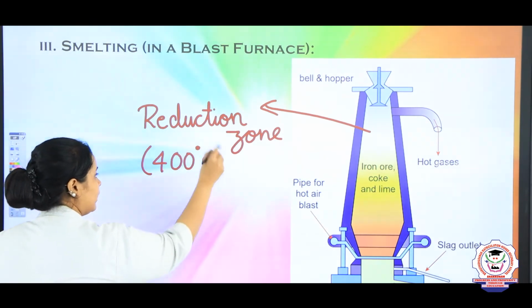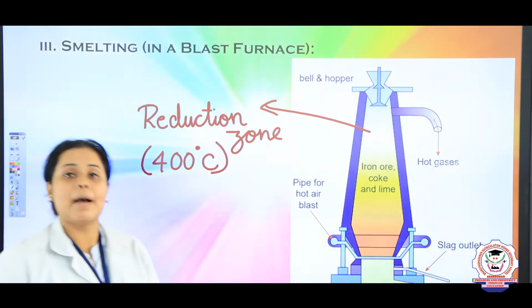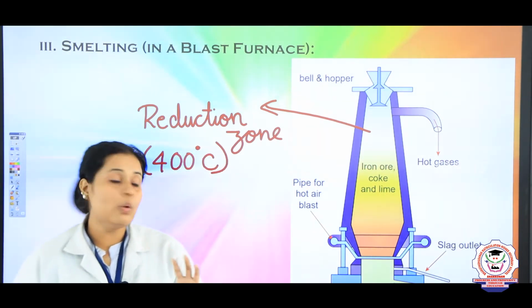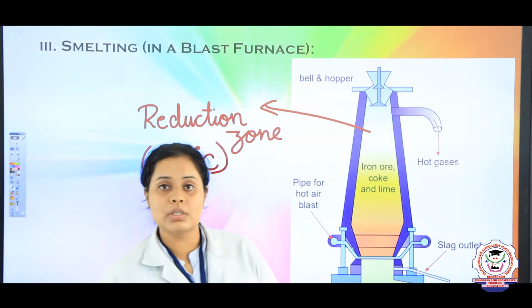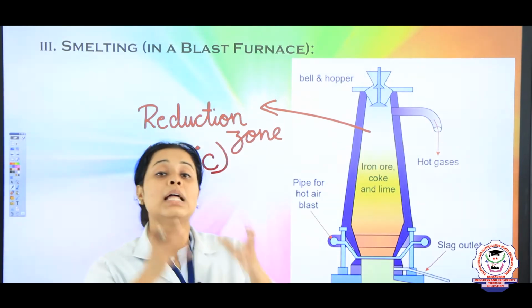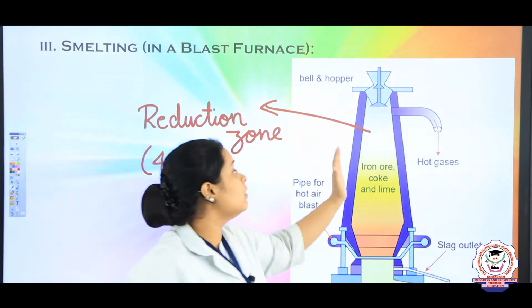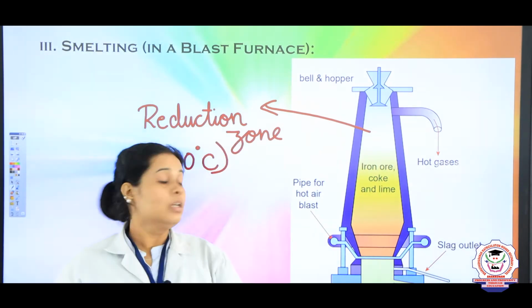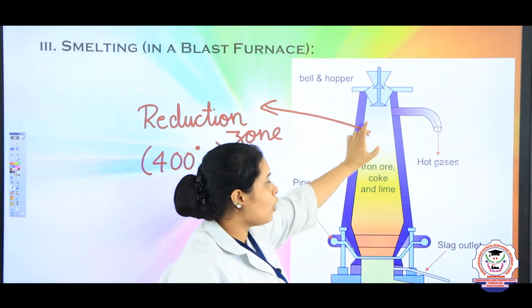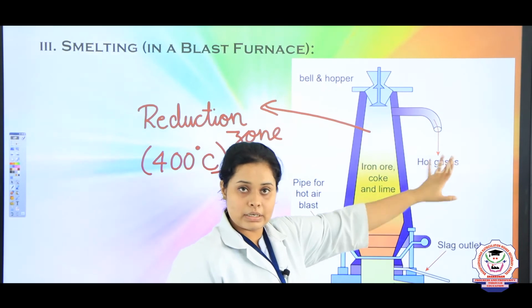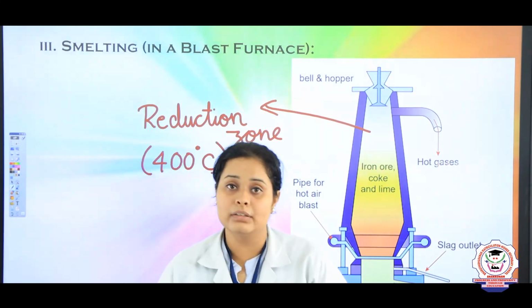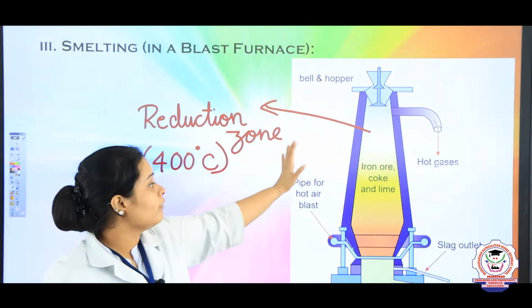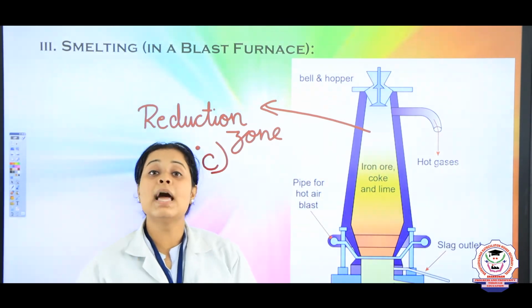400 degrees Celsius. So what is happening here is, the iron ore which you got from the center point will get reduced, that is the oxygen from that ore will be removed, and finally you are getting iron. So children, when the iron is formed and you take it out, it's not actually pure iron. So the iron which you are getting from this process is known as pig iron.